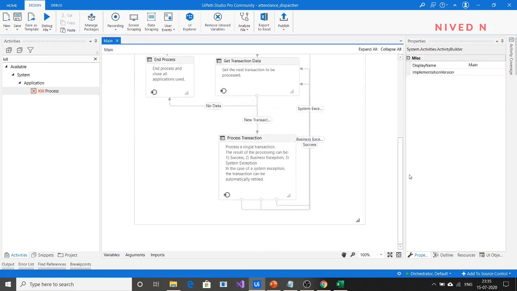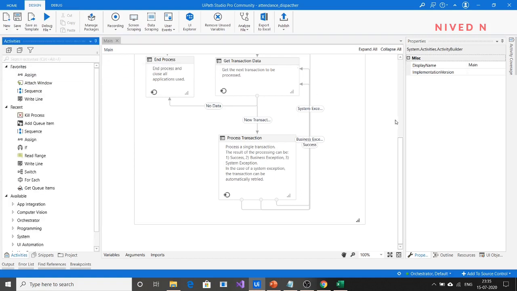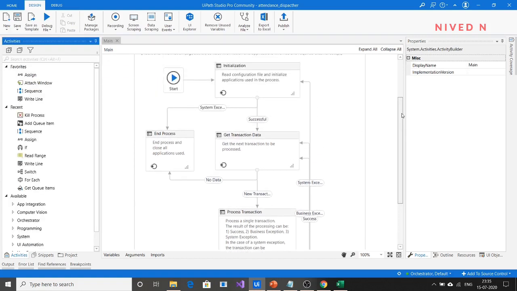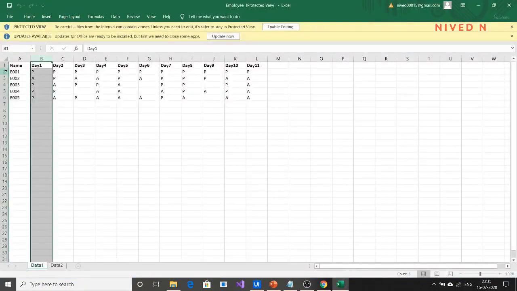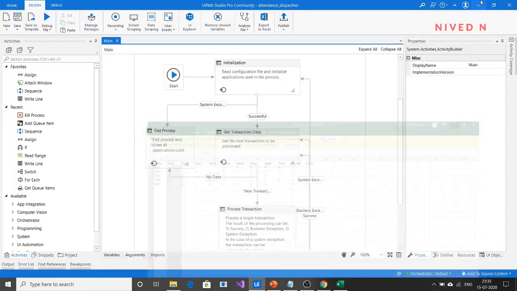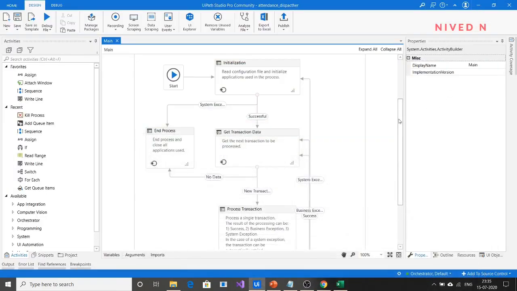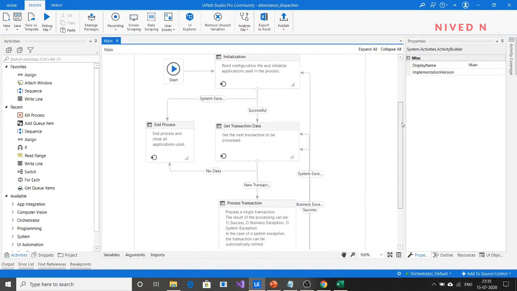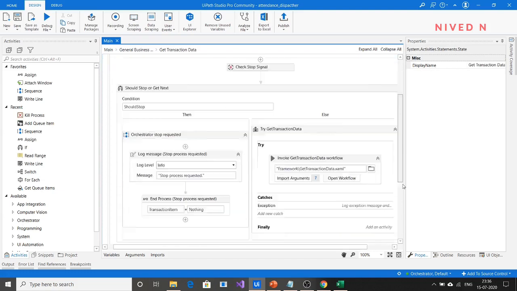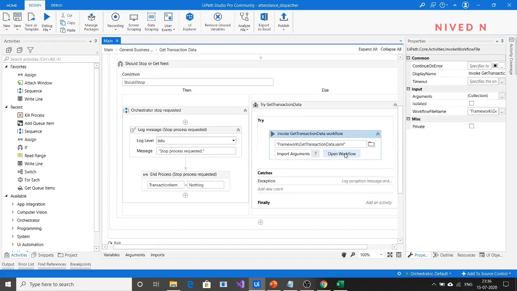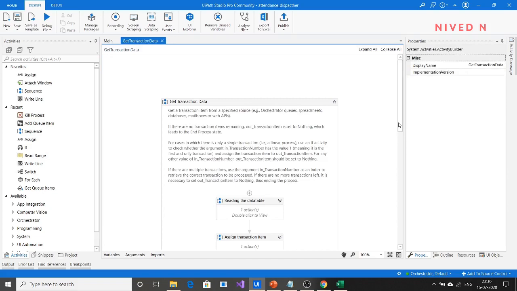So I think we have completed the dispatcher section. Let me summarize what we have done in the dispatcher section. Our main aim is to transfer the data from this employee attendance sheet to the queue named employee in the orchestrator. For that, we first assigned the transaction item in get transaction data by creating two sequences.